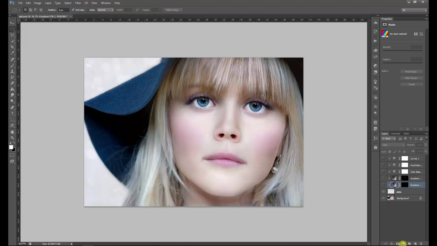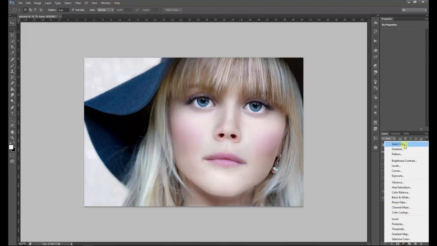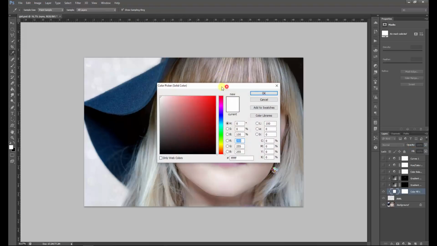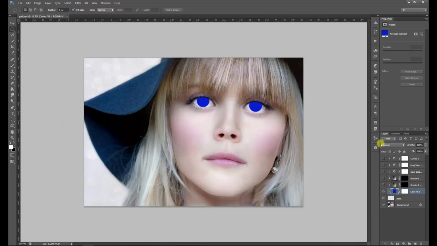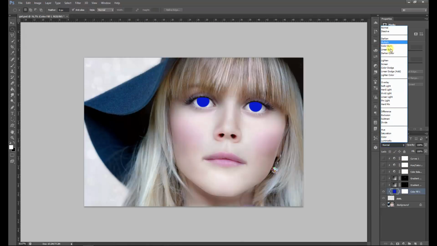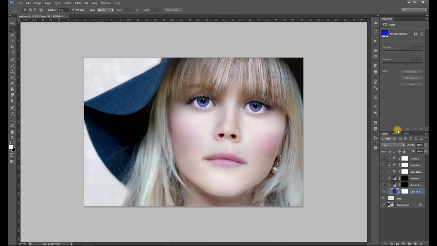Now we can give them a solid color as well. Let's just pick the eyes and choose solid color. And now let's use some blue, bluish. Here we go, solid color, and then we take a hue. And there she has some blue eyes. And now, this isn't really ideal because you don't get to choose the colors as you like. What I prefer if you're using this method